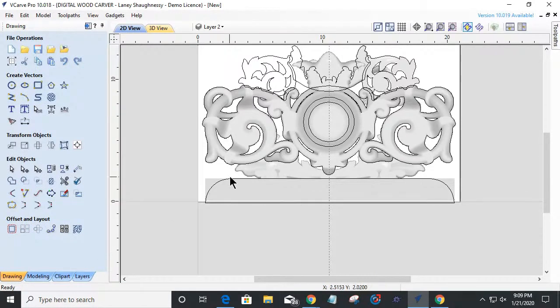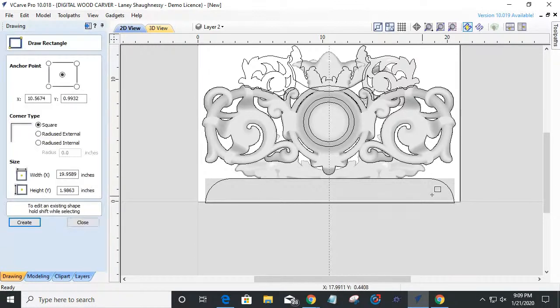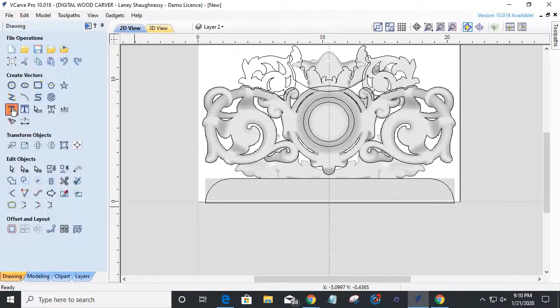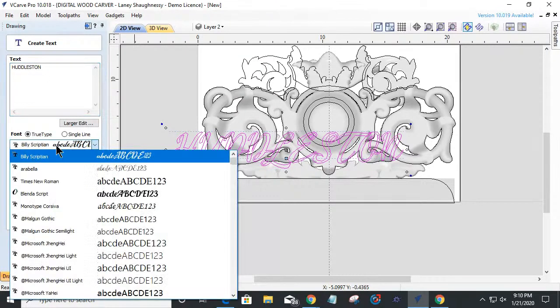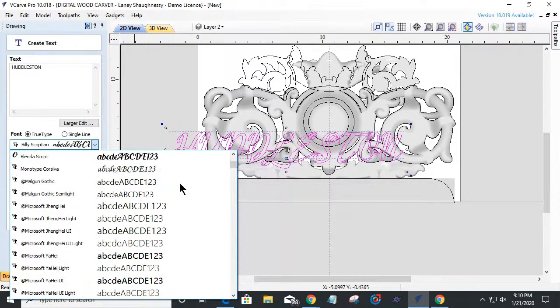So I'm just going to do a very simple little arch here. I could even engrave a name in here. Let's do that. Let's do some V-carve text. We've been dealing with models all night. Let's do my mother's maiden name. And let's go with a nice